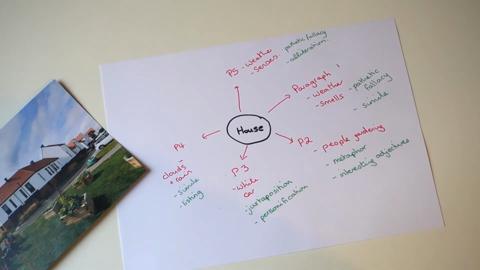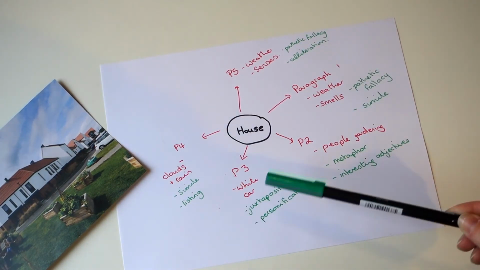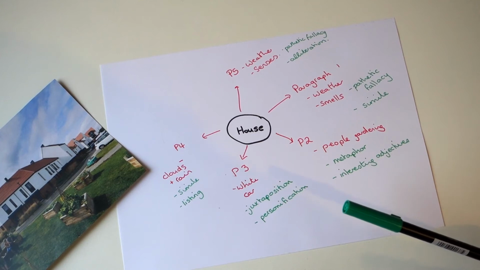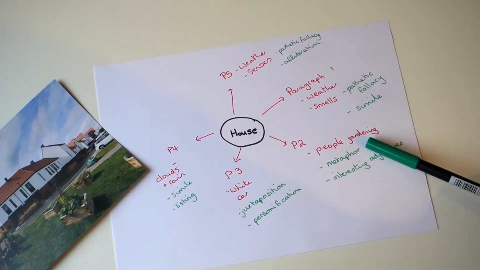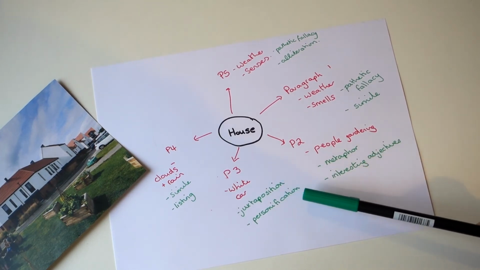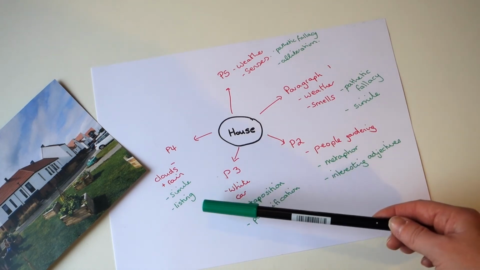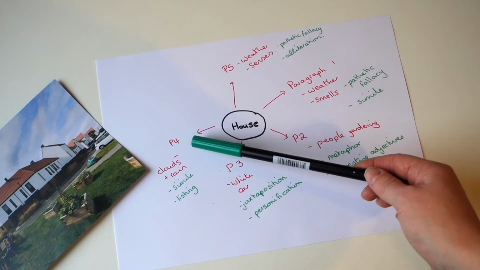So that's my plan in its second phase. I've added in the language techniques under each different paragraph. So I've gone for a real mixture. I've tried not to repeat myself too much. I've got pathetic fallacy and simile in the first one, metaphor and some interesting adjectives in the second, some juxtaposition and personification in the third, a simile again and some listing in the fourth, and I've done this deliberately because